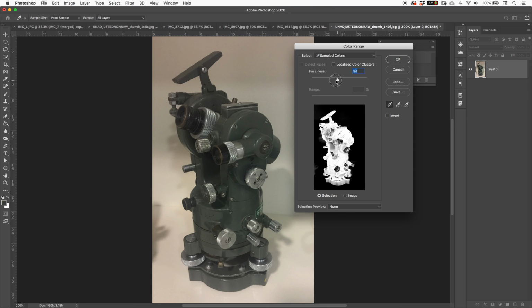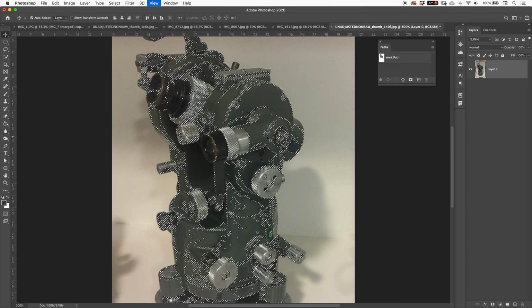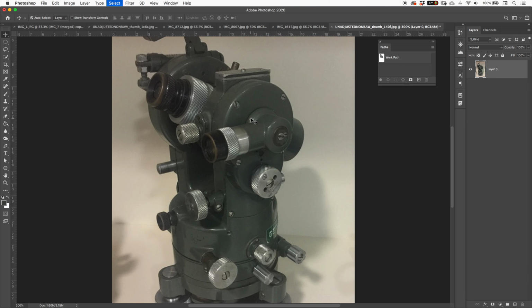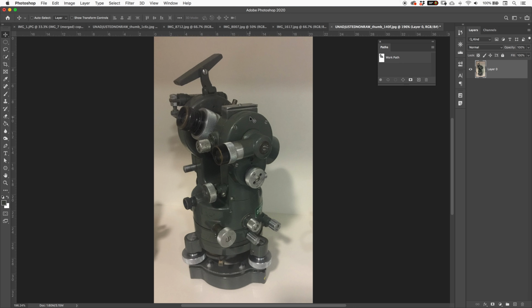So I can choose the green, for example, and I can play around with that. It's better for things with very stark color, as for example this green. It's going to be missing a lot of the areas in that, so useful for some things, but for most of what we're going to do, it's probably not going to be all that useful. Alright,